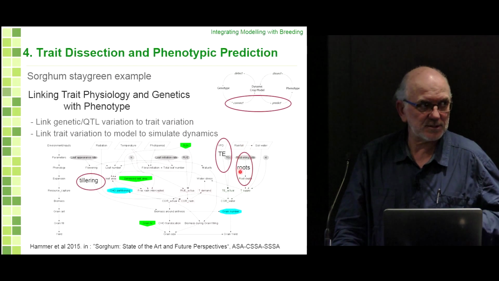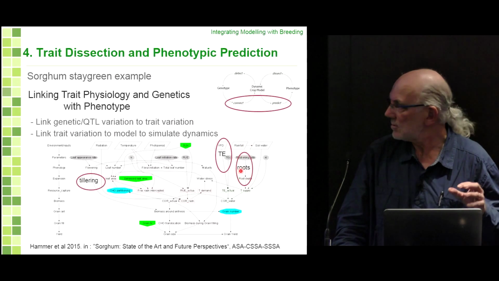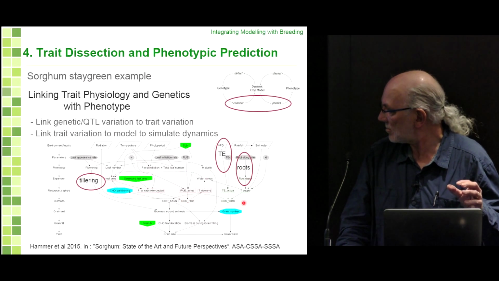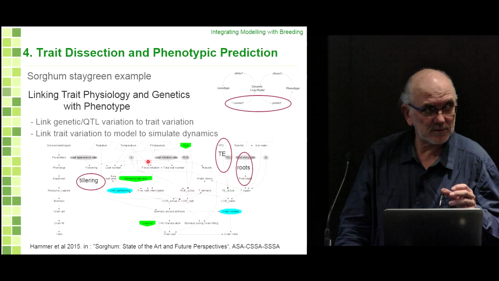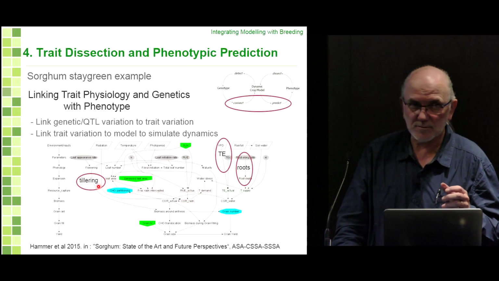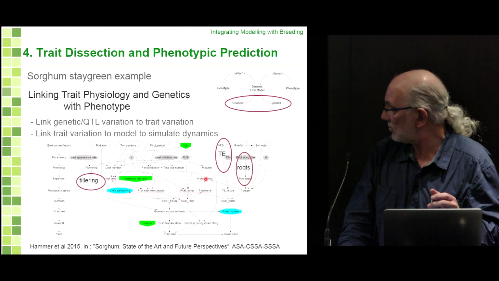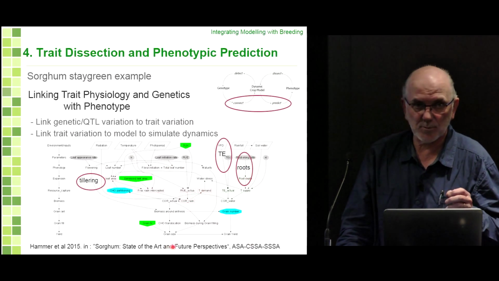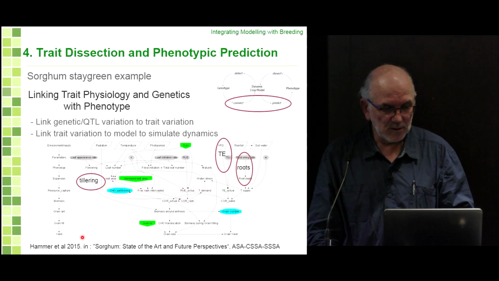The rest is just the model wrapping itself around that change and all the interactions that then occur with that change and with the environment you're growing it in. So you're not telling it anything about yield. You're just telling it, I'm giving you an extra tiller or one less, I'm changing your TE a bit, I'm changing your roots a bit. Now you wrap yourself around that and see what comes out the bottom when I give you a certain environment. And when you do that,